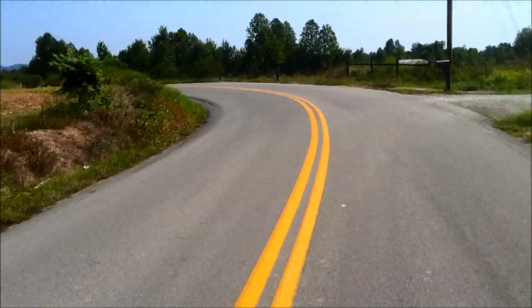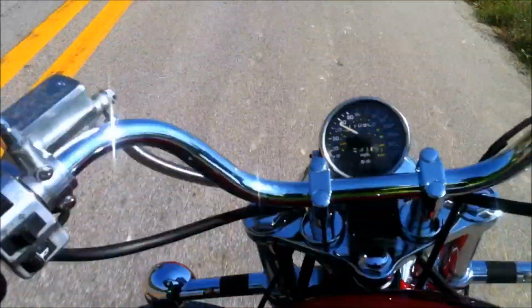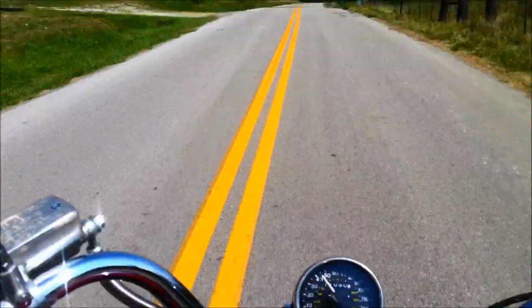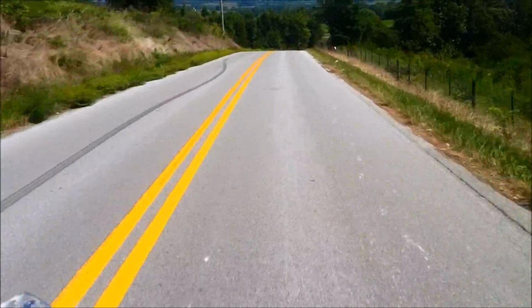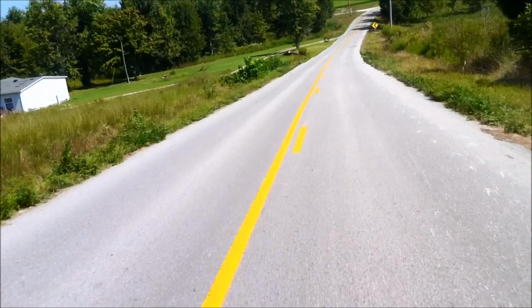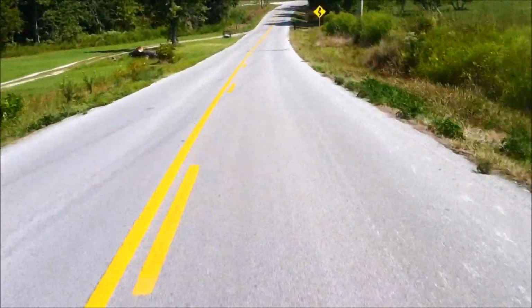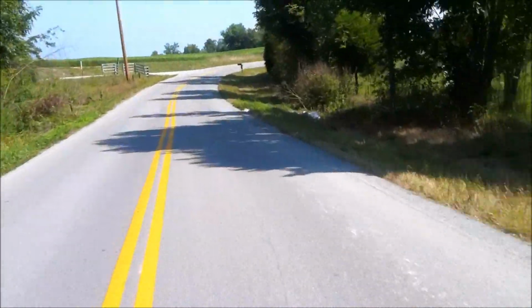But this thing runs well. I really don't know what else to say about it. It's a cruiser. It's torquey and peppy, very peppy actually, but the seat is comfortable on it. It actually has that rise going up onto the rear seat pillion. Creates a nice little backrest. Allows you to sit back